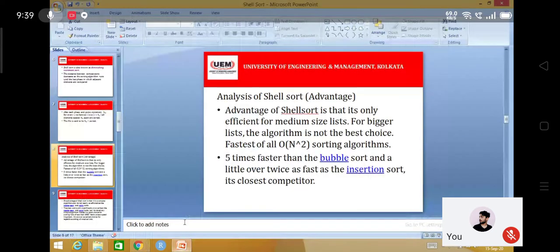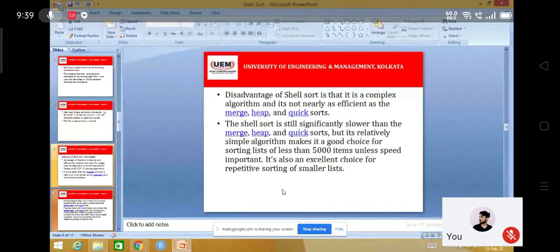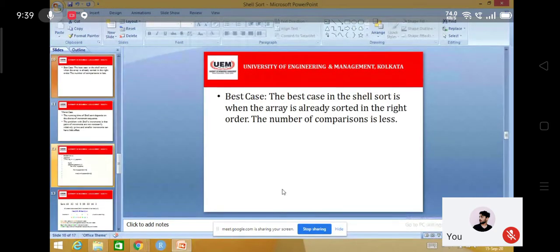Okay. So this way as per the comparison, it's much better than your bubble and insertion. So from the existing algorithms, it's better actually. And obviously when we will discuss the merge, heap and quick, then also you can compare. But at present, these are the points you just can go through. Because of that heuristic calculation, it's actually complicated. But the order is n square. Anyway, let me go to the exact thing.